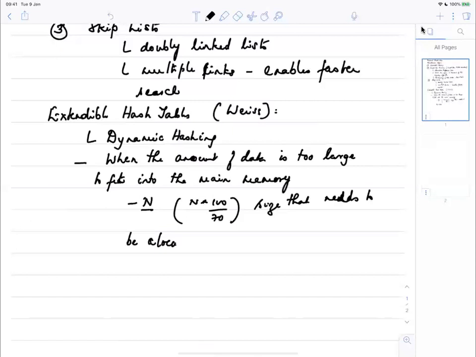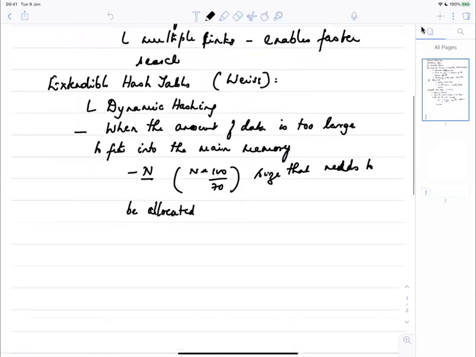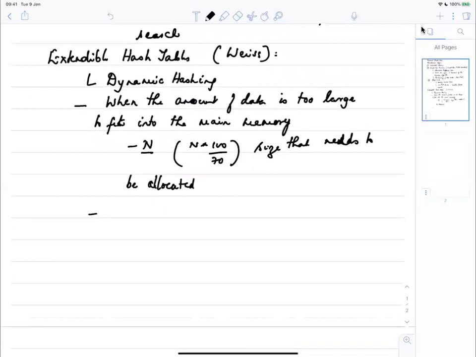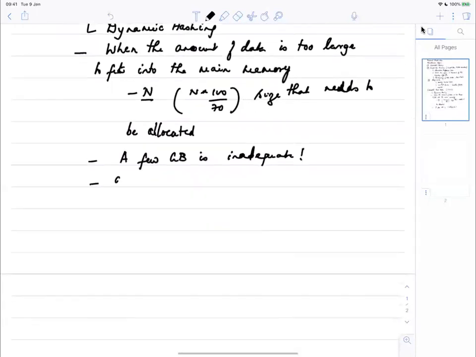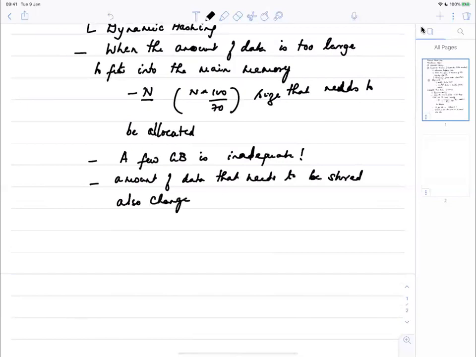Now, if n is very large, then it's possible that the memory, which is, let's say, a few GB, is inadequate. You can't load the entire table into memory. And further, we also find that the amount of data that needs to be stored also changes with time. Typical examples are,